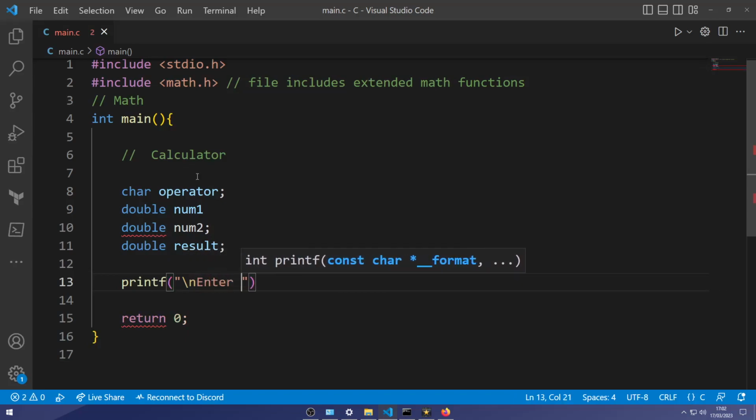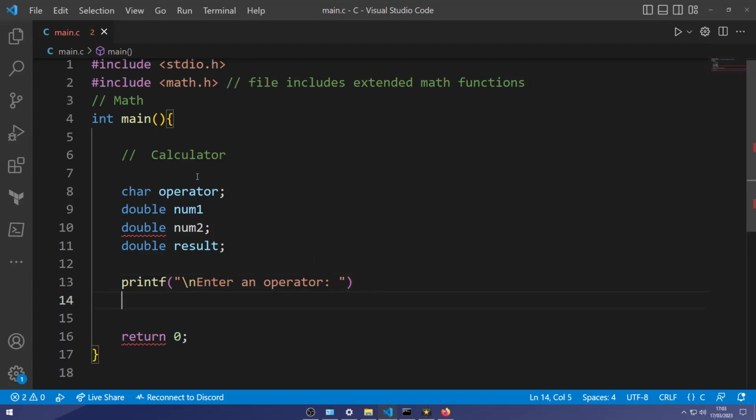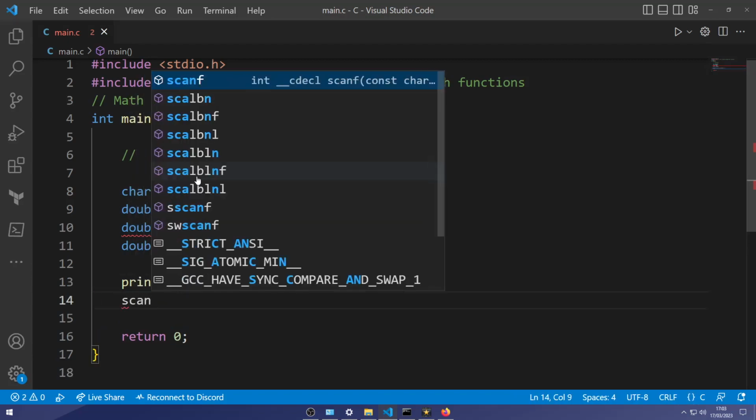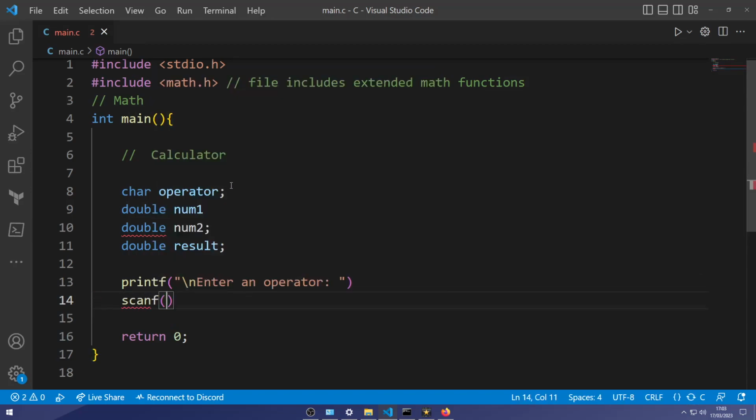So we'll do printf, enter an operator. And we'll scan for user input. Then we're going to assign the character to the operator variable.